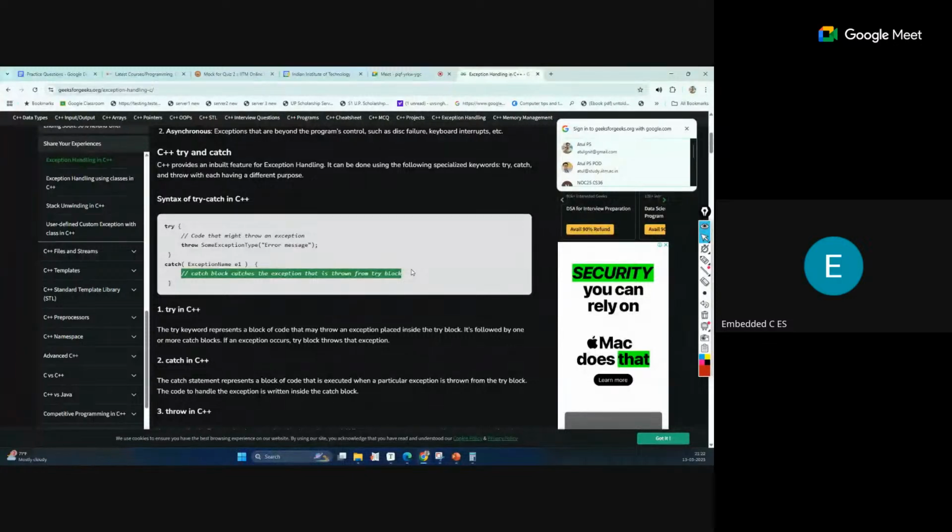So that is one exception handling concept available in each programming language. Our program will not crash and the application will not crash. That will be handled by this. We can just display some message to the user that this is happening. So this is the try catch, and this is called exception handling.